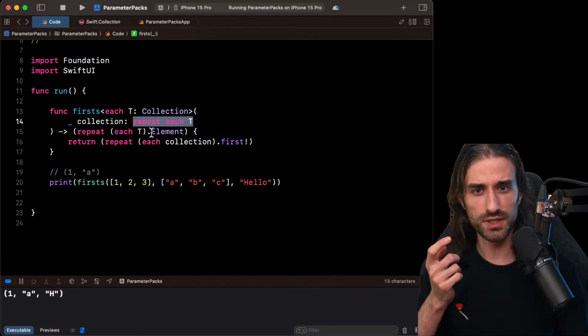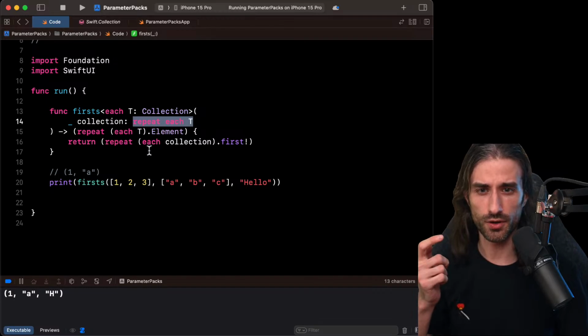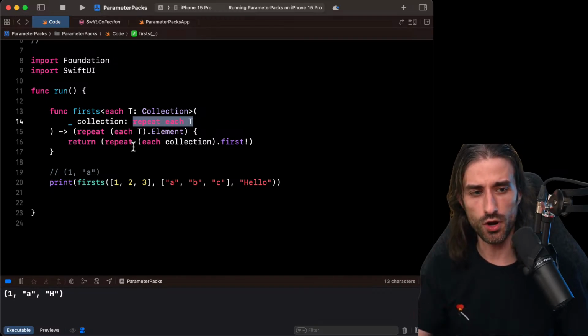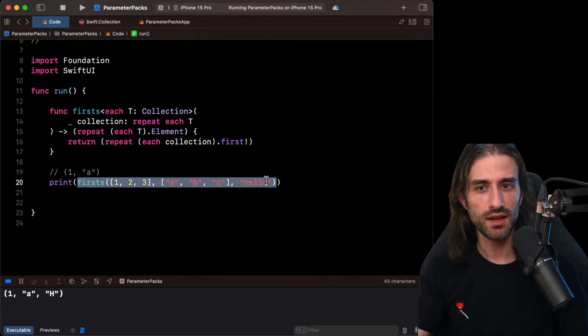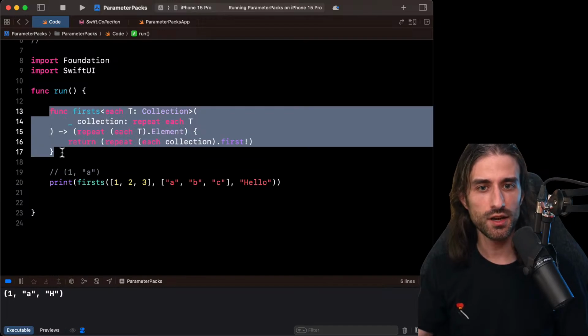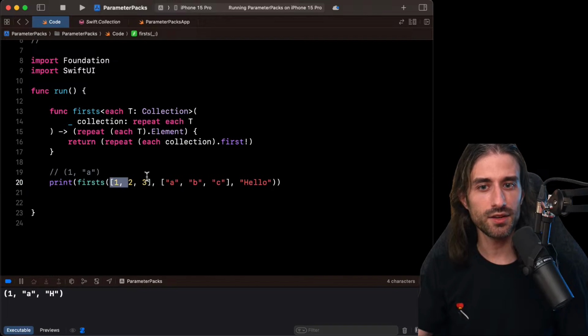And that also allows me to go back to the way the pack expansion works. The pack expansion, you can really see it when you use the repeat as something that is happening very early in the compilation process. Basically, you can kind of see it as a compiler taking your call site and manufacturing a function using this as a blueprint and your call site as the input.